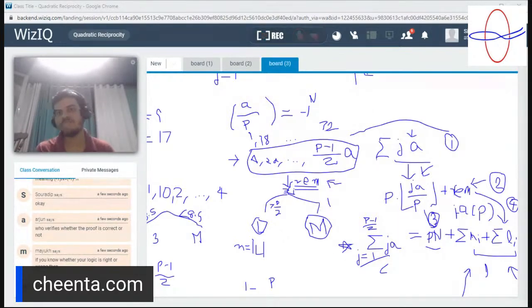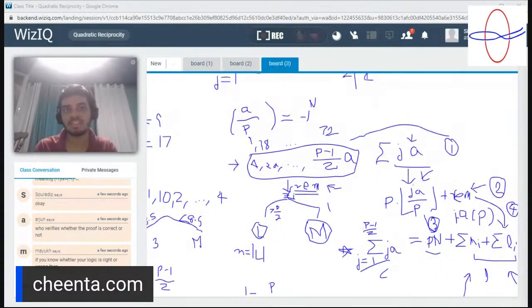The sum of these numbers can be written as, we basically divide this using the divisibility theorem, b into j, b into a quotient plus remainder. The sum of these quotients, please note, gives us the value of capital N. So we can write the sum of all of these numbers as b times capital N plus the sum of all of the remainders, which Gauss's theorem,